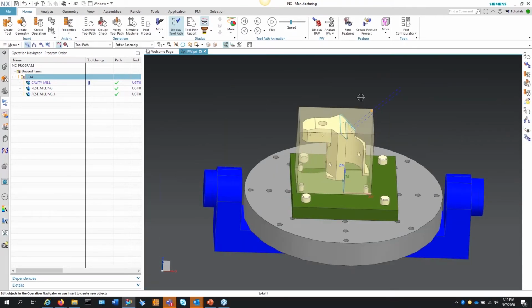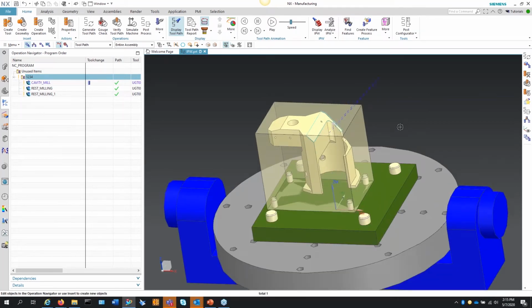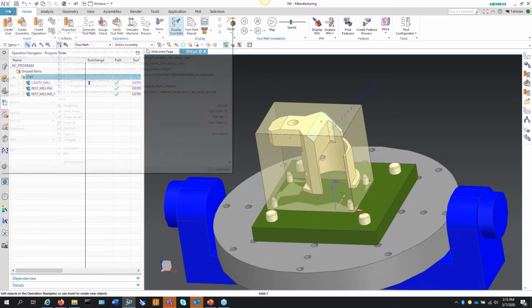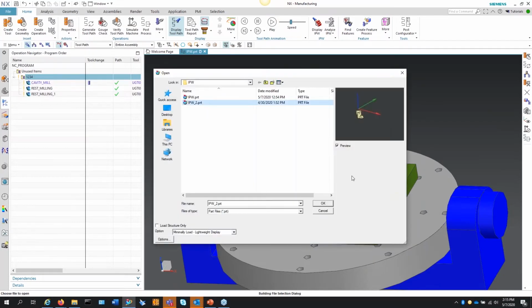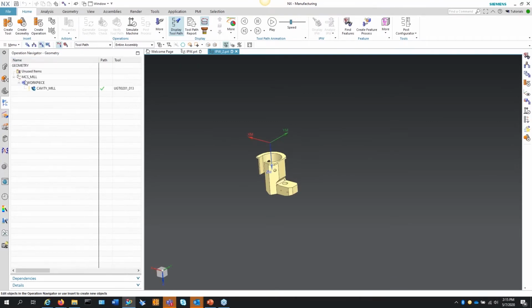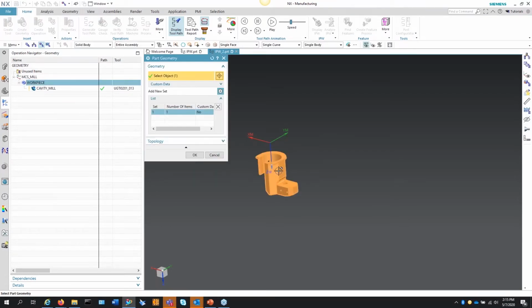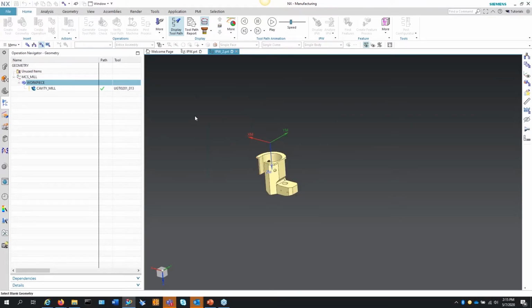Now, other things with IPW. I'm going to show you inside of this program just for simplicity. If I took this program, no, I'm sorry, let me open up another one. I already created this for you. So now if this becomes my secondary part, I do the same as I did in my first. This is my finished part, so that's my stock, or that's my part. But now my blank,